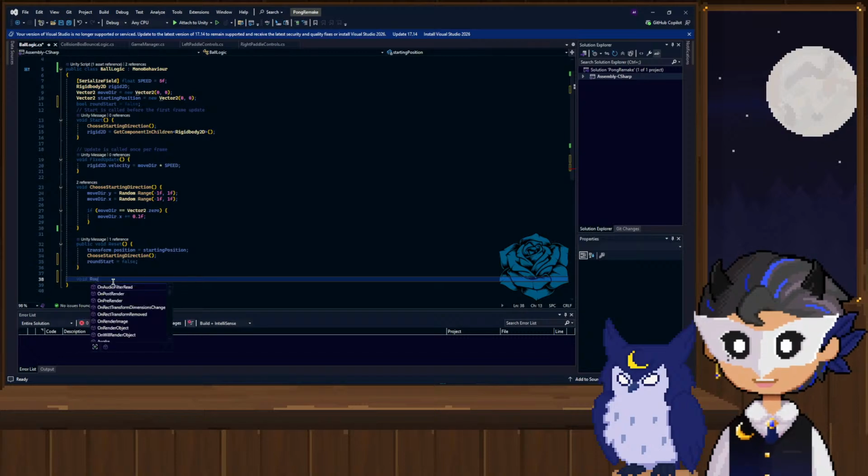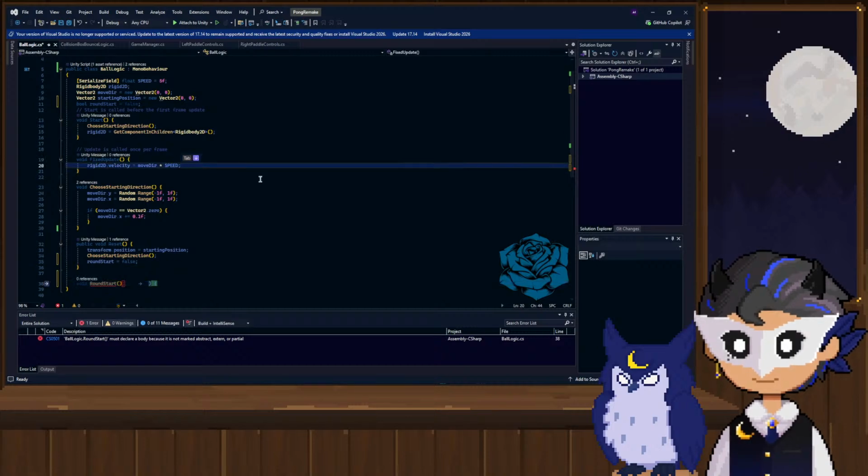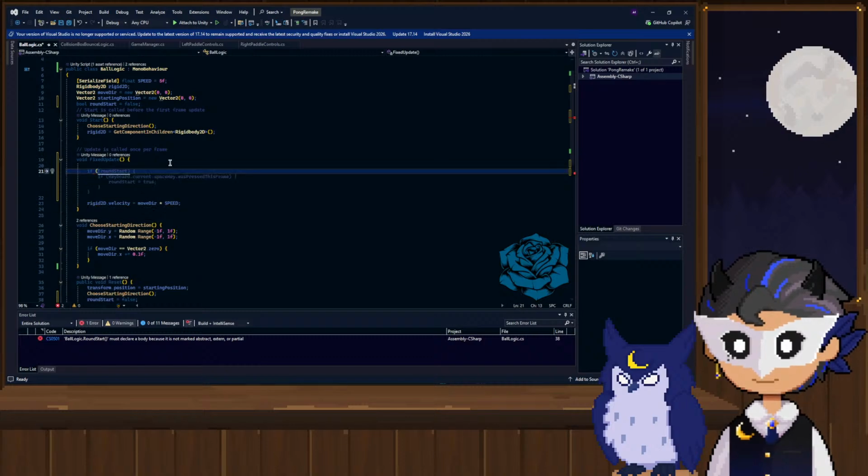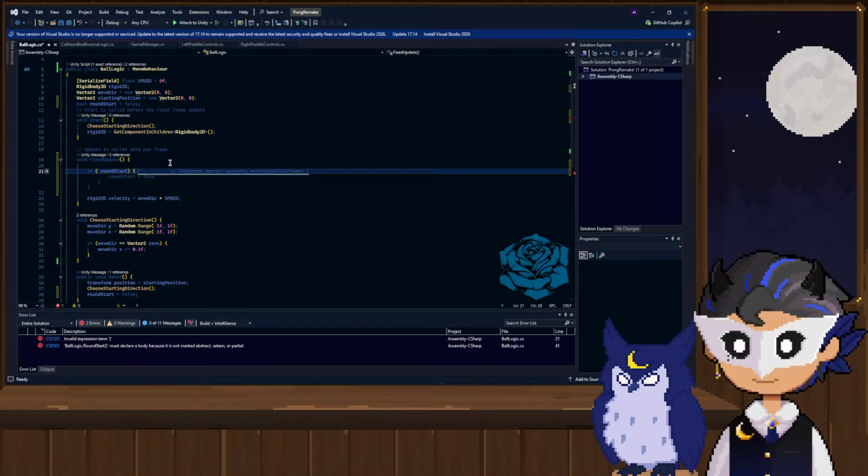And then void round start. Okay. Then we'll do an update if not round start, so round start is false, and